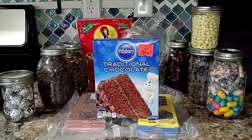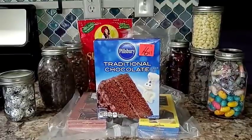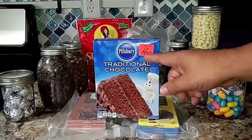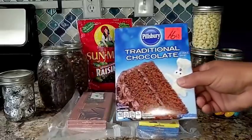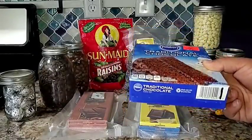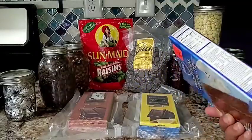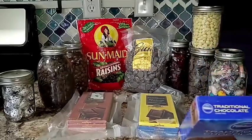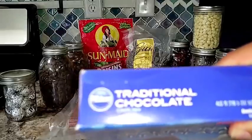Welcome ladies and gentlemen. So as you can see here, I've got a box of cake mix that says I got it in 2016. So I've had this put away for over 4 years. And to tell you the truth, I don't even remember what the best buy date on this was. But let's take a look and see if we can find it. Alright, so there you go. August 19th,